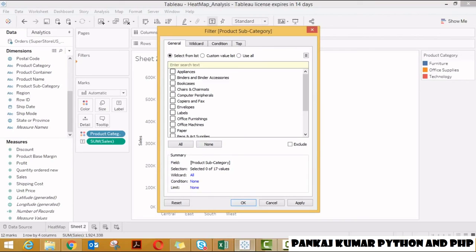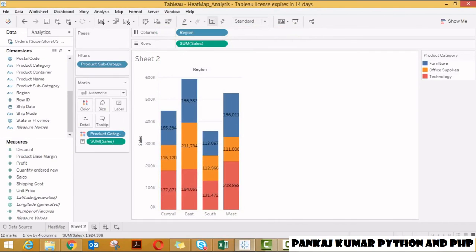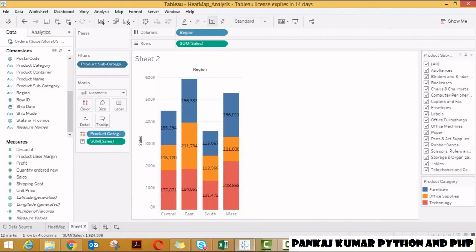Here you will get some options like, out of all the subcategories, which subcategory you want to select. I want to select all, so let us just click on use all. Now you should have one filter attached to it. Let us click on it, show filter. Look at this: under the product subcategories, I have all the filters attached to it.